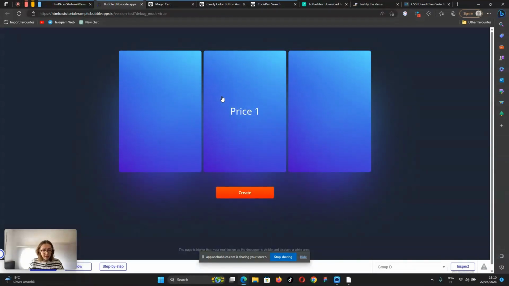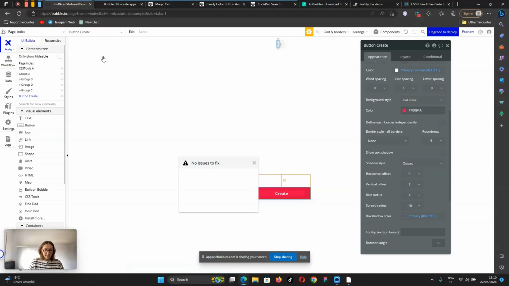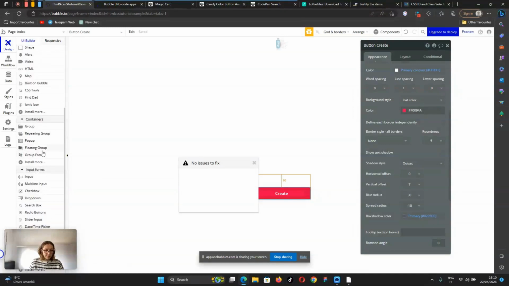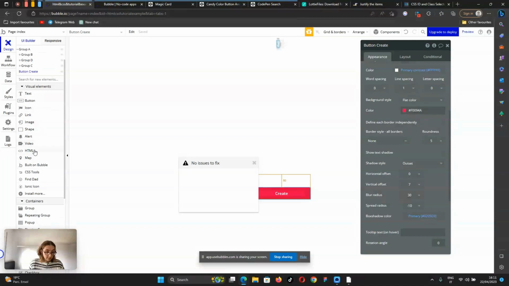For example, we can change the scroll bar inside repeating groups, we can hide it if we don't need it, we can add scroll inside a sidebar if it's with a group focus or floating group, because by default inside a floating group it's not allowed to use scroll, but with CSS we can add this feature. Also, for example, we can implement HTML and CSS by using an HTML element,